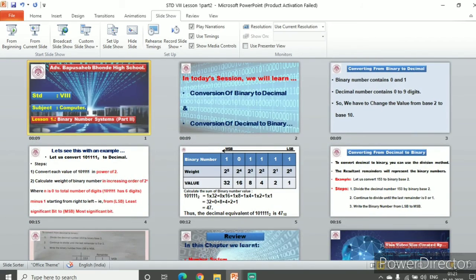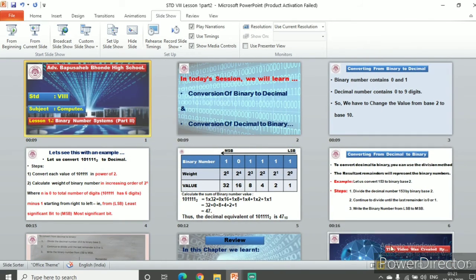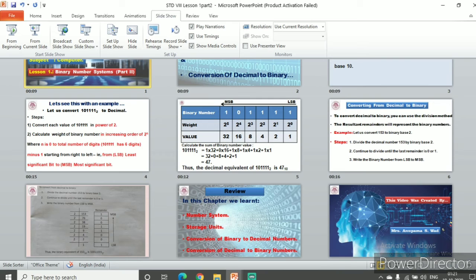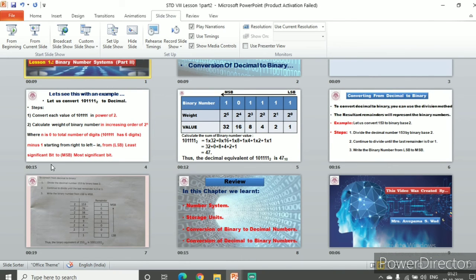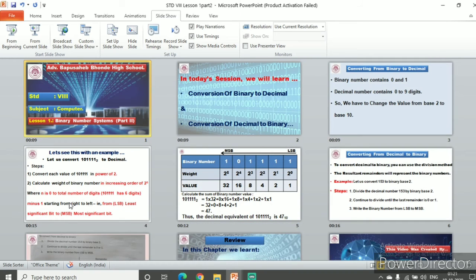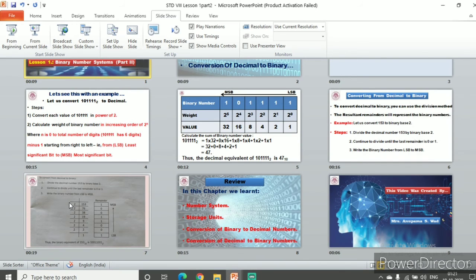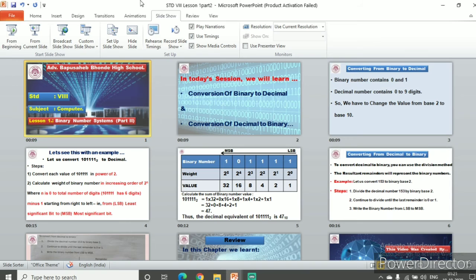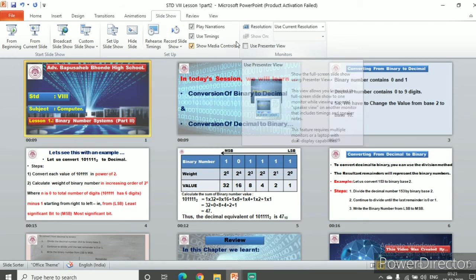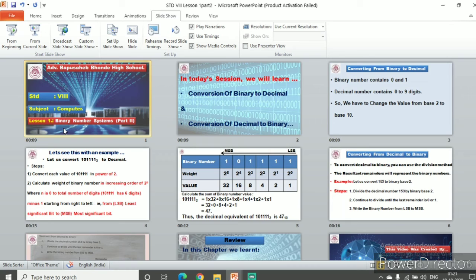See, I'm making it a little bigger so that you can see. First slide has taken 9 seconds. Second also 9 seconds. Third 9 seconds. Here 16, 12, 15. So this is the time allotted for every slide. This has taken almost 19 seconds. And the entire presentation is of 1 minute how many seconds? You need to add this up to find out how much time it is going to take. I think it's 1 minute 51 seconds or something like that.